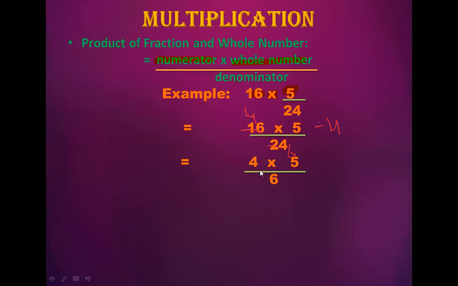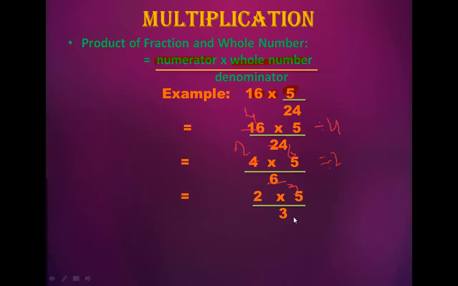Now if you see very carefully, 4 and 6 can also be divided by one number, and that number is 2. You can divide 4 and 6 by 2. How? 2 multiplied by 2 is 4, and 2 multiplied by 3 is 6. So what will be left here? 2 multiplied by 5 and 3. Okay, 5 cannot be reduced with 3 and 2. Here none of the numbers can be further reduced.